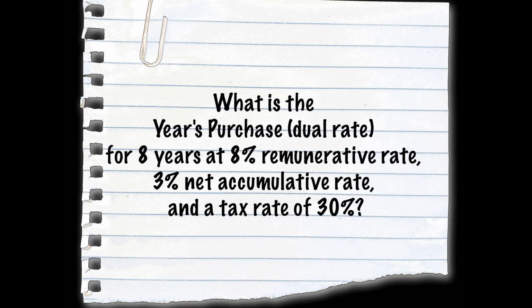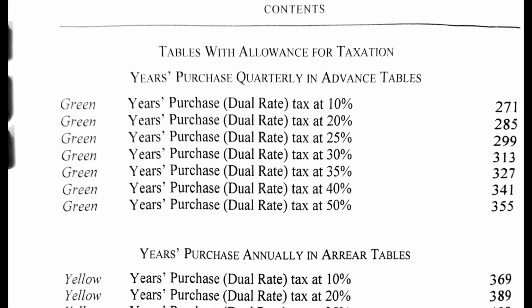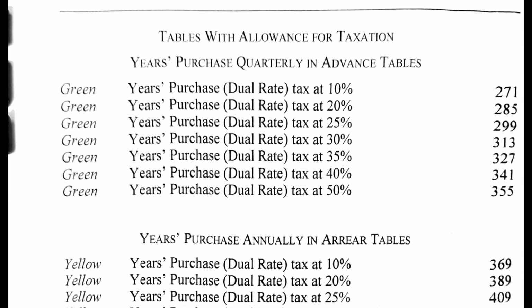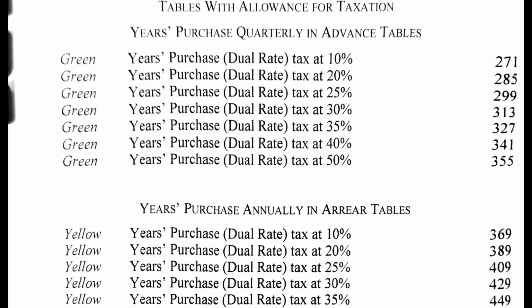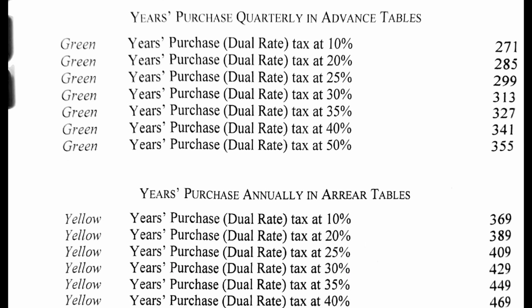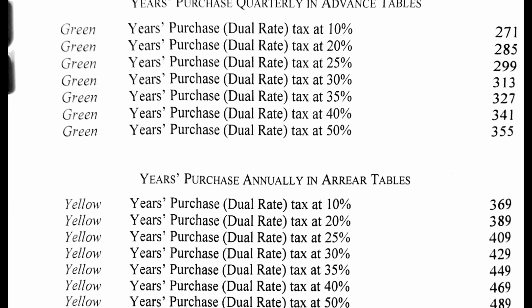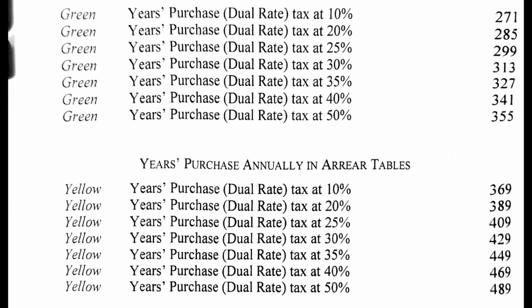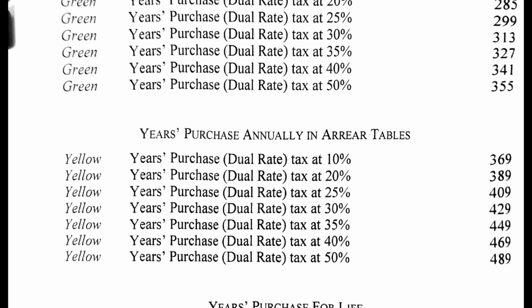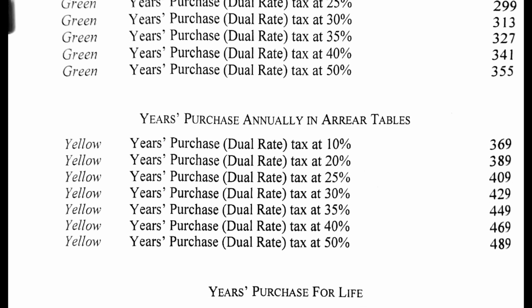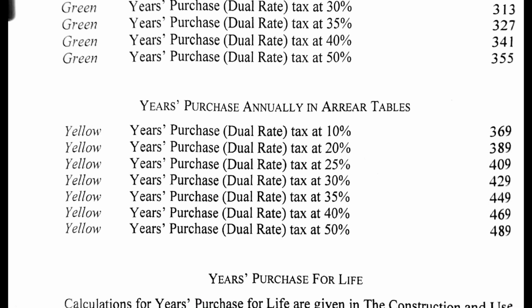Now, the next question says, what is the YP dual rate for 8 years at 8% remunerative, 3% net accumulative, and a tax of 30%? So the difference between this and the question we did earlier is that this one has an element of tax in it. Okay, so once again, we go to our content page to see where we can find it. What we also want to look out for is the rate of the tax, because the pages are also divided according to the rate of the tax. So this is 30%,